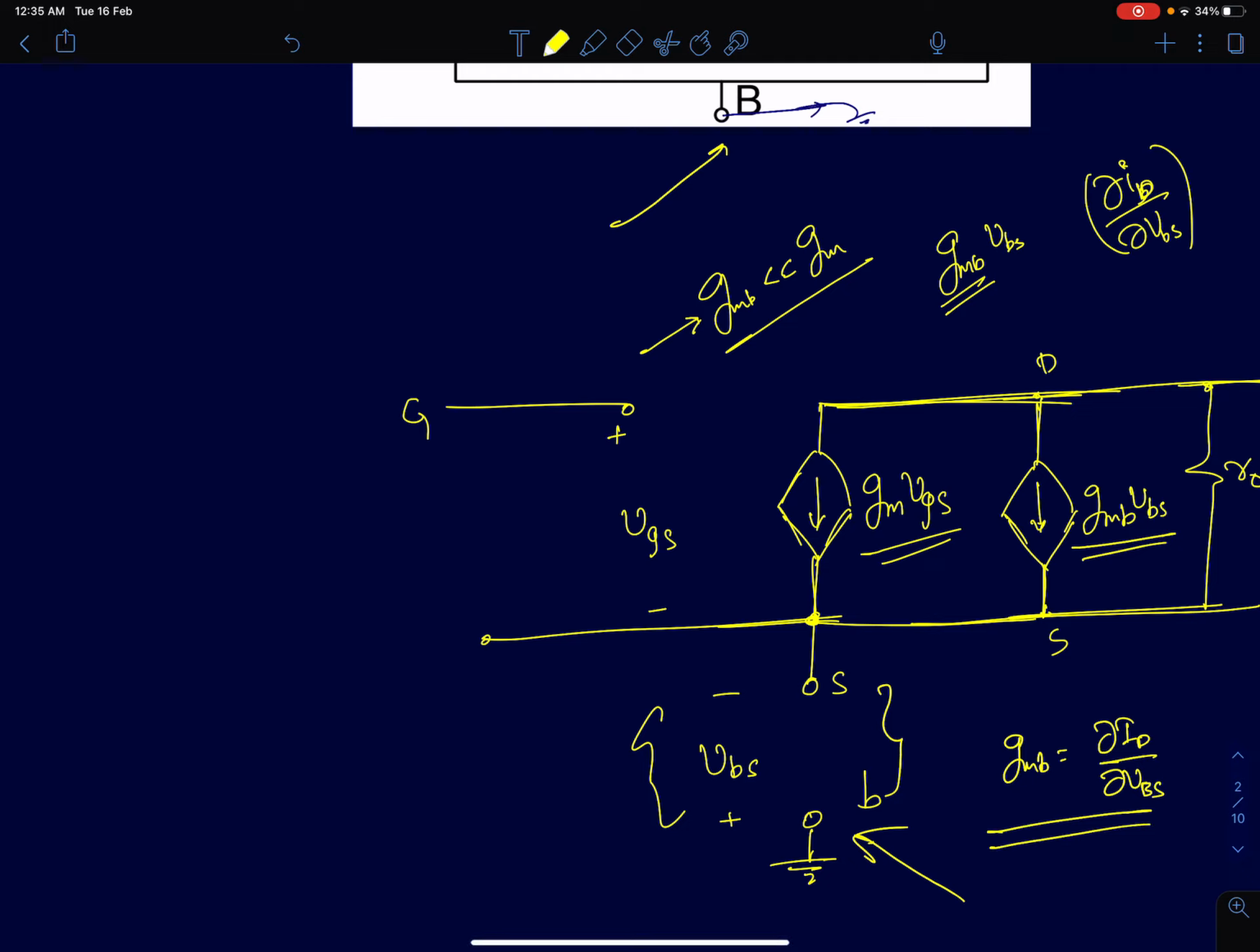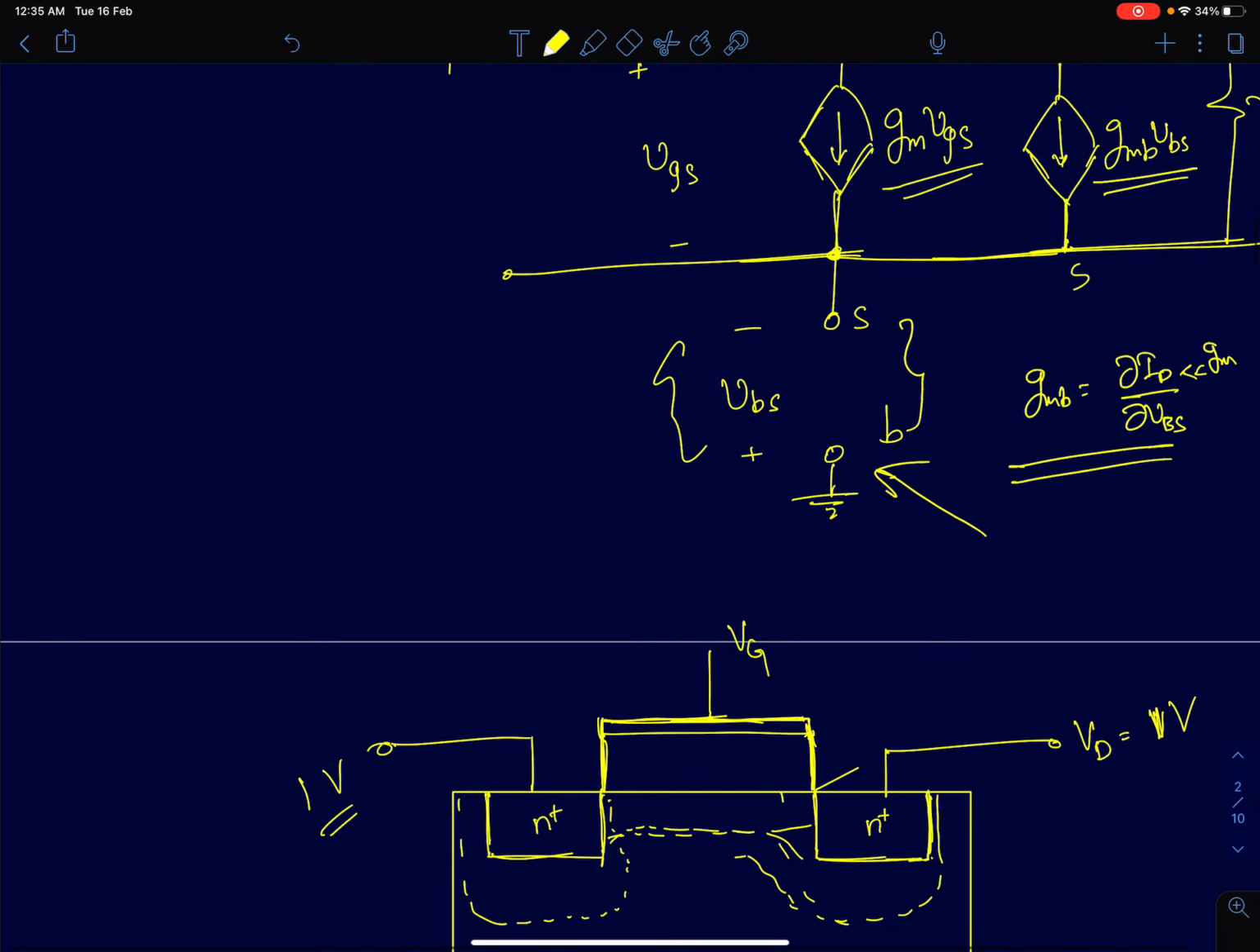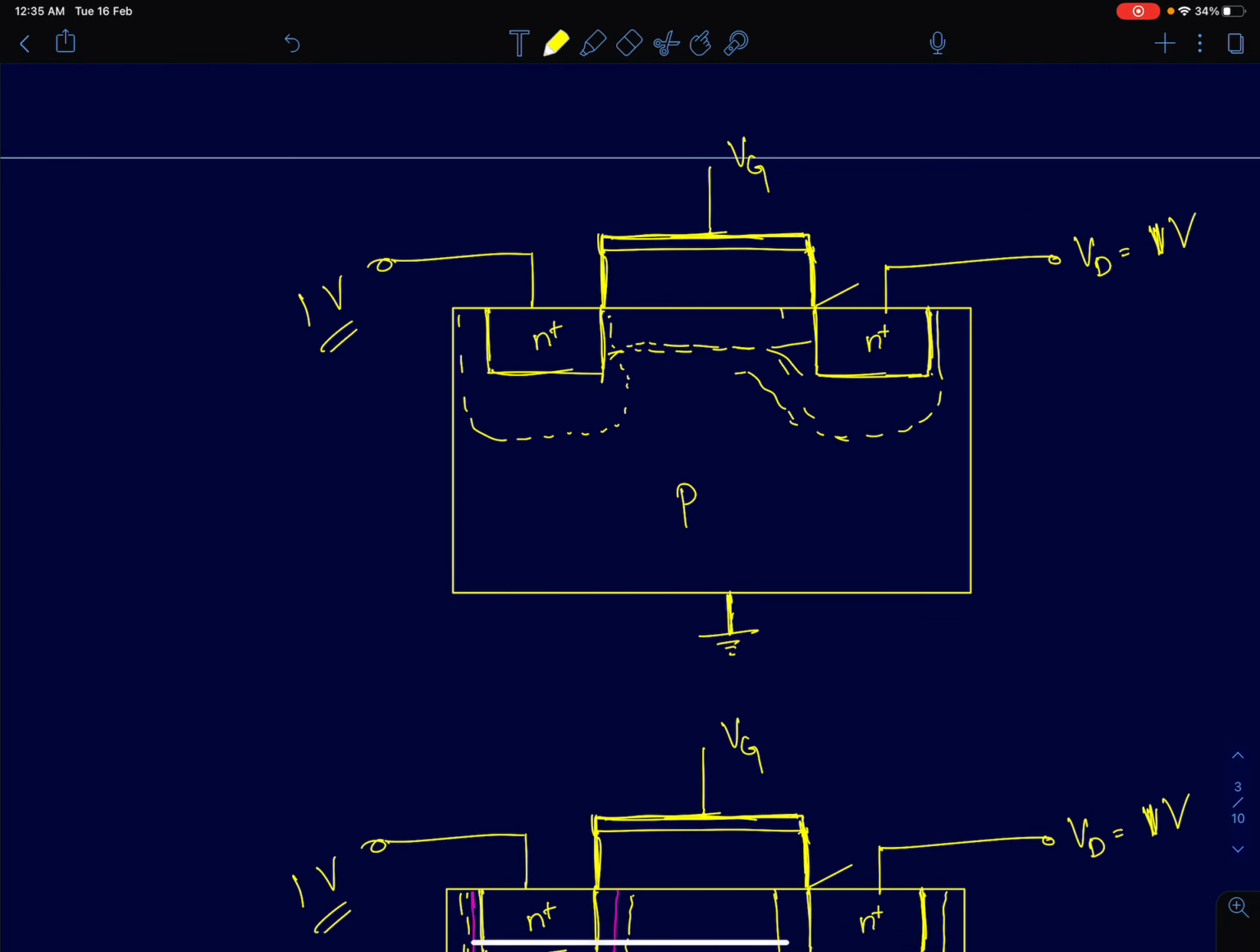Okay, and generally GMB happens to be smaller than GM. So we'll see how a change in the bulk voltage translates to a modulation or change in the drain current. Very briefly, in an intuitive way, if you look at the structure of a MOS device,